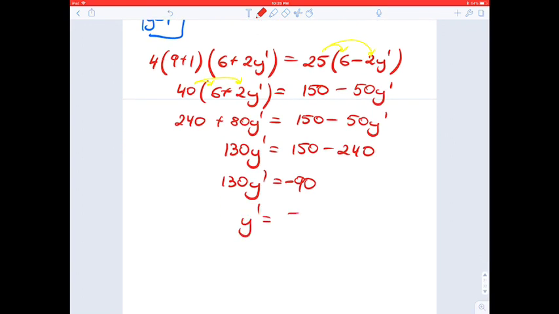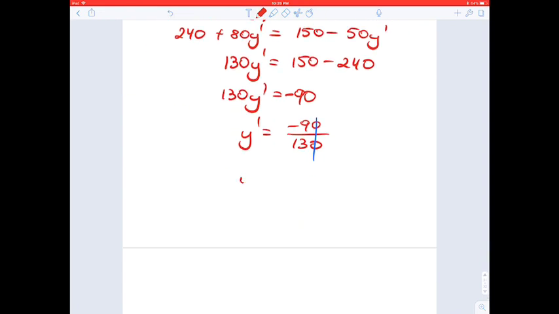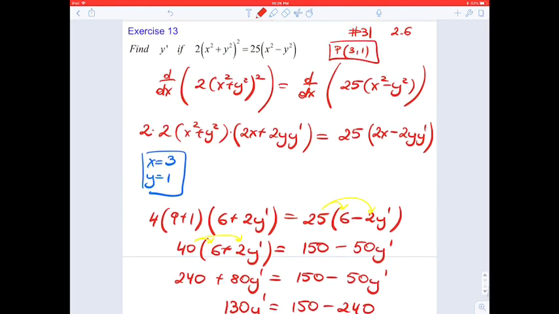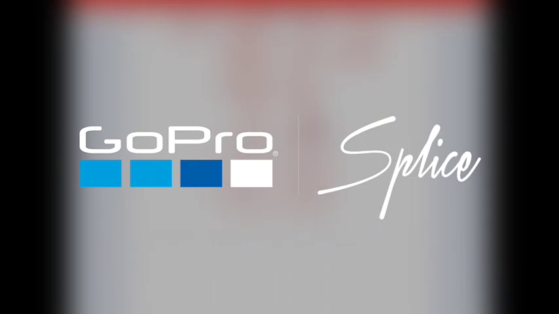Okay, and now let's divide both sides by 130. I can at least simplify the zeros. Okay, negative 9 over 13 is the value of the derivative of that curve at the point 3,1. One more time,